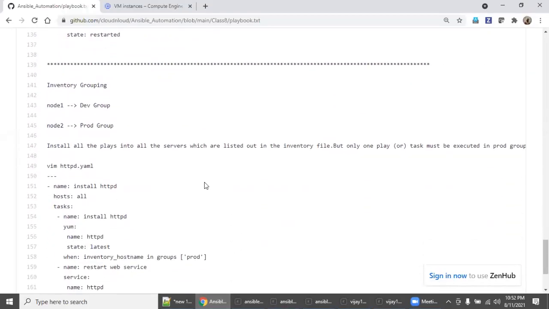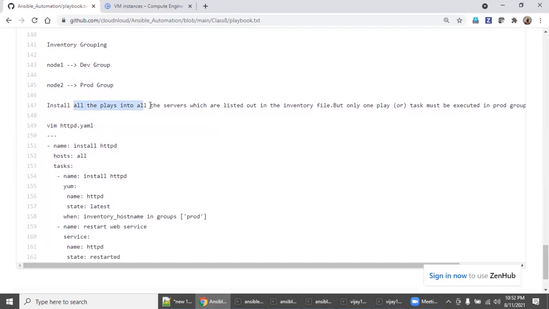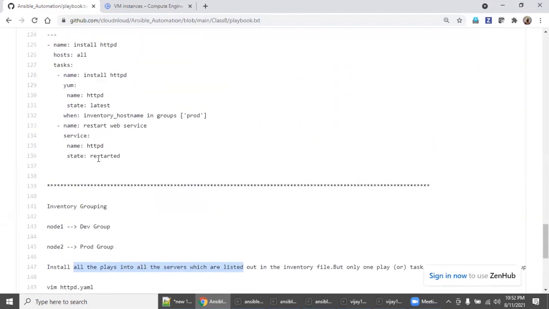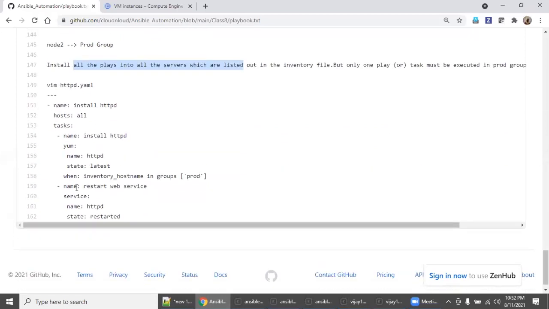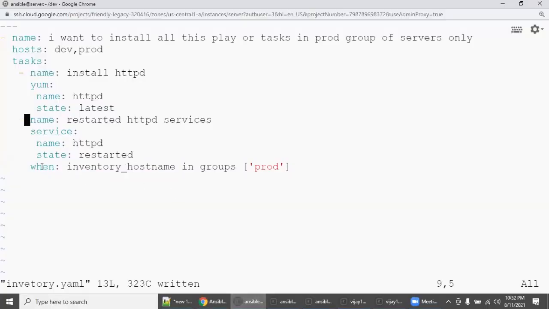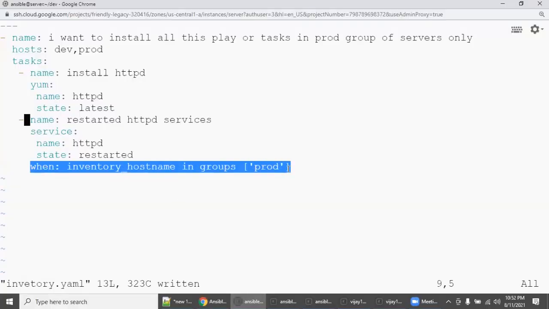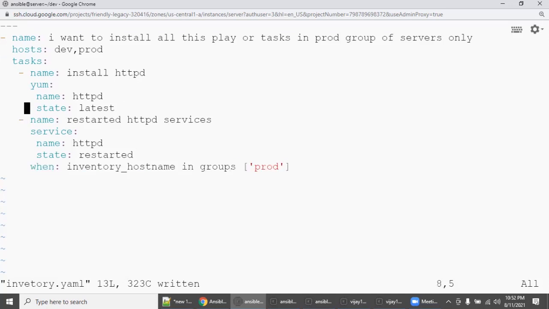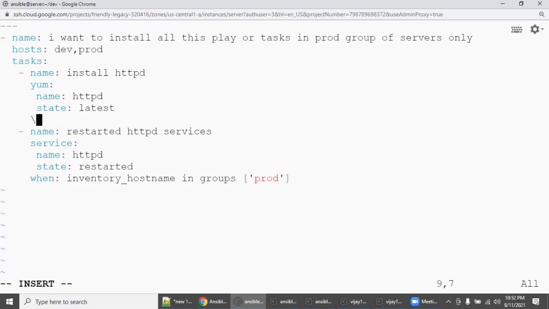And again, another case is to install all plays into all servers, but only one play task must be executed. This time, we have listed it down here, but you can put it here also. For example, if you go here, I want something similar to this.